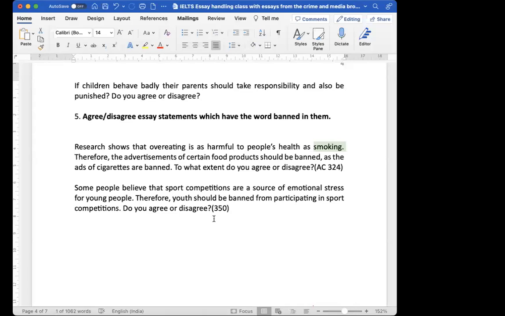No, what you will write is that while the ban on smoking is justified, the ban on food products is not justified. Then you will make one paragraph on why the ban on smoking is justified, and one or two paragraphs on why the ban on food products is not justified, why other solutions to motivate people to eat less are better. Instead of banning, those should be taken. That will be your one para. Got it? It will not be agree and disagree.